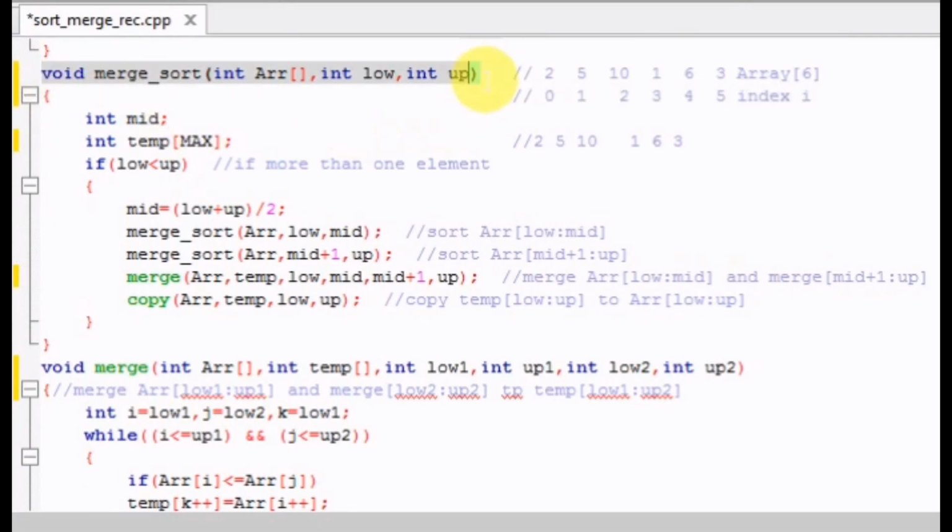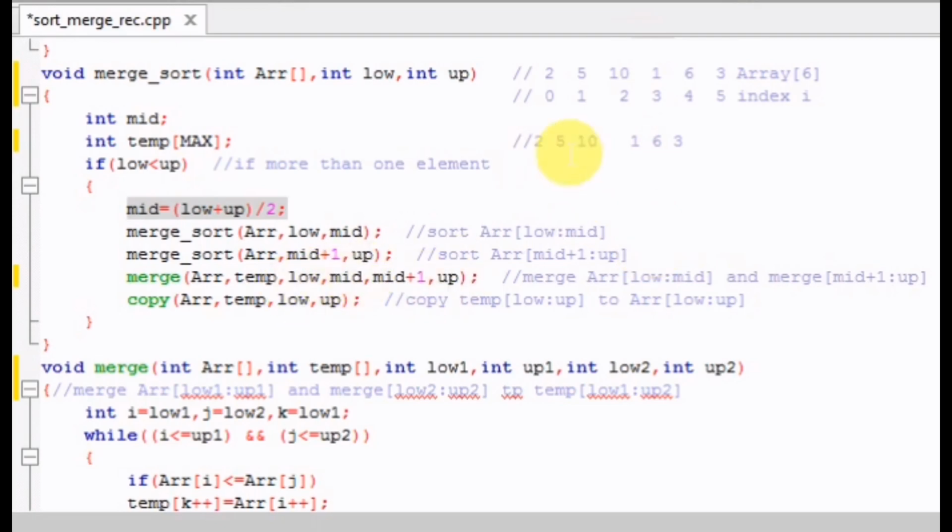See, this is the function merge sort that will help us in partitioning the array into multiple subarrays. Here low is the lower index of the array and up is the upper index of the array. Let's consider this as the array. It is of type integer and it contains 6 elements, and 0, 1, 2, 3, 4 and 5 are their array indexes. So the value of low will be 0 and up is 5, right? So while 0 is less than 5, we will find the position of the middle element, that means the middle index from which we need to partition the array.